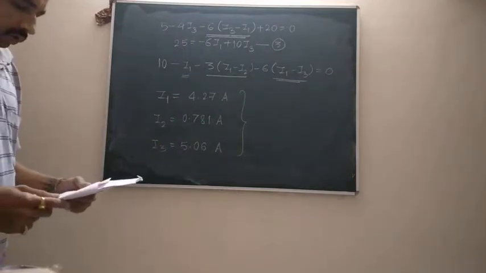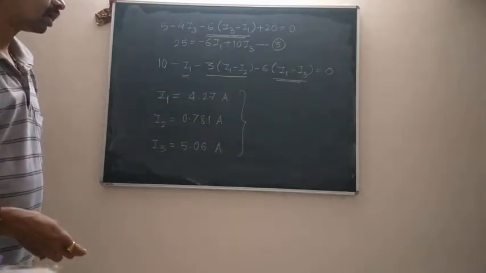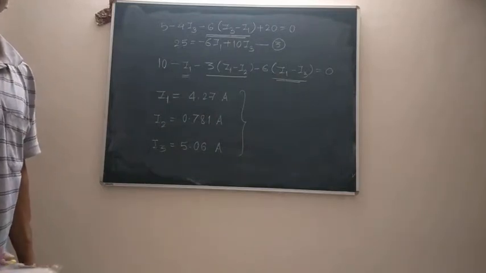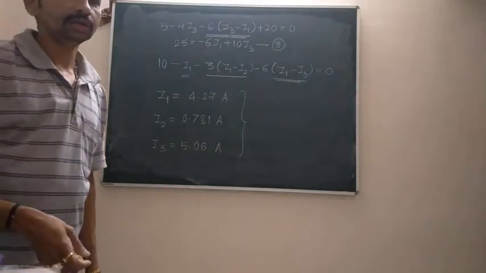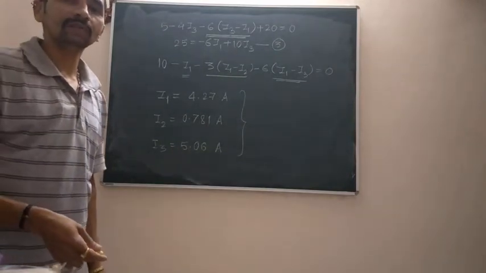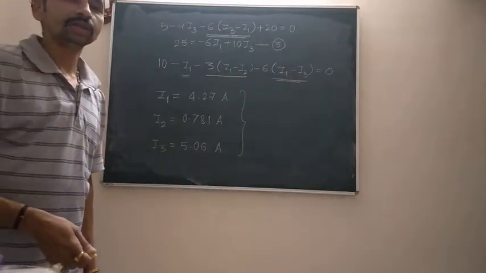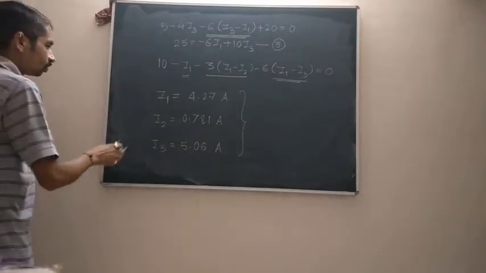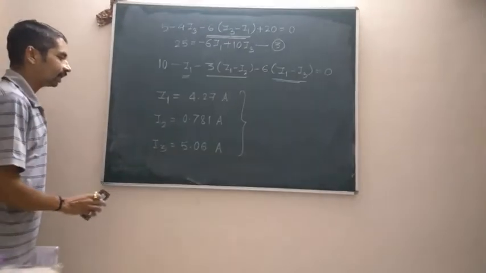We'll try to solve one more circuit consisting of an independent voltage and an independent current source, and then we start with the actual content of your syllabus. I will be following the same procedure throughout this chapter. We will consider very simple circuits at the beginning with which you are already familiar, and then we start considering circuits consisting of dependent voltage and or dependent current sources. I hope all of you are getting the same three values for the three unknown loop currents, that is I1, I2 and I3.